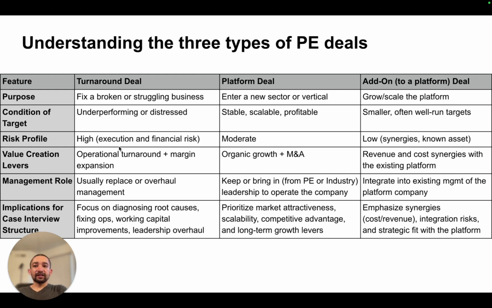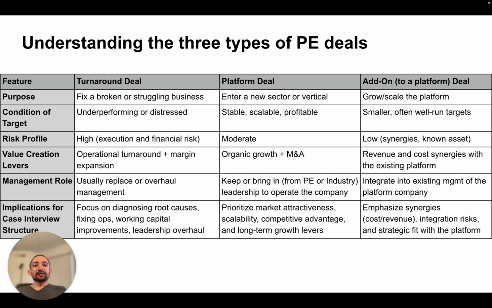So the condition of the asset is underperforming or distressed asset. In a platform, it's a stable, scalable company that's profitable. They already have good revenue growth. They have good cash flow coming in, right? So it's already making money. You just need to help it grow faster, right? Add-ons are also typically fairly well-run companies. They often tend to be smaller in size so that they can be added on to an existing platform,